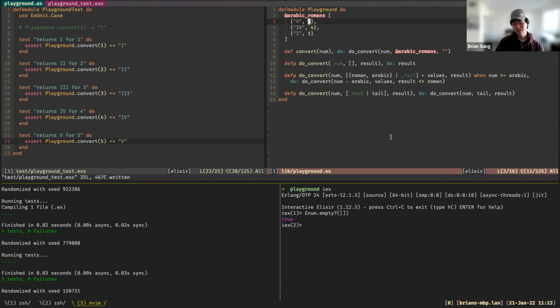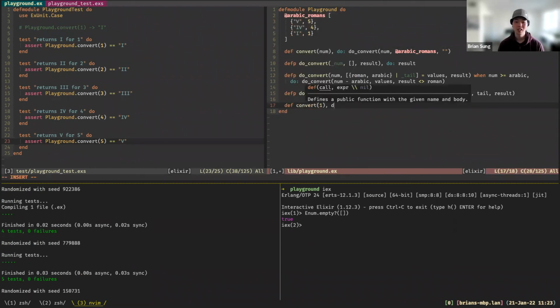So things to note: you can pattern match on functions. As I mentioned before, if we want specific behavior to only happen depending on whatever we pass in, we can just explicitly write that as we did before, where we just do 1, this, right?